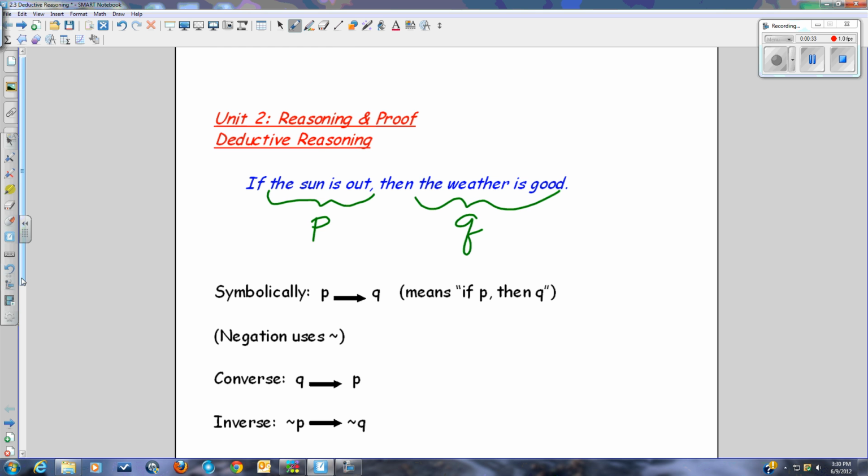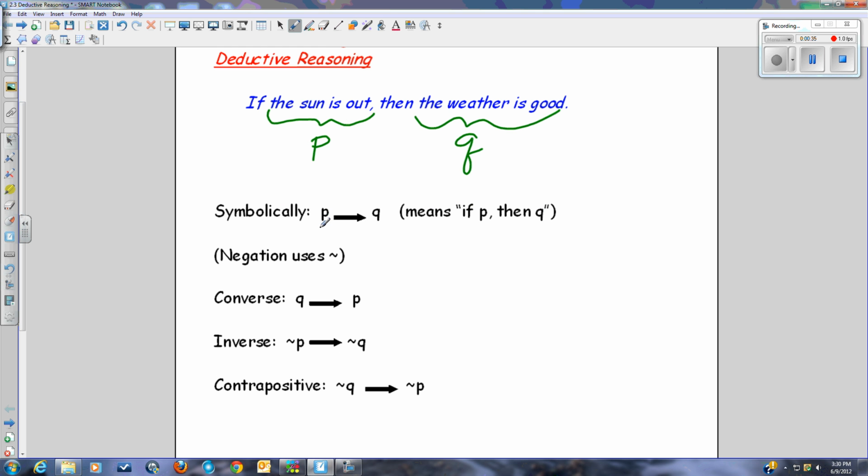So symbolically, the way we write this is P arrow going to the right and Q. It means if P happens, then Q happens. If P, then Q. If you want to use a symbol for negation, you use this little tilde right here. So if you want to write the converse of this statement, which means to switch the hypothesis and conclusion, if Q, then P, we would say if